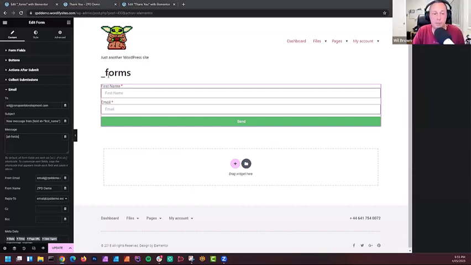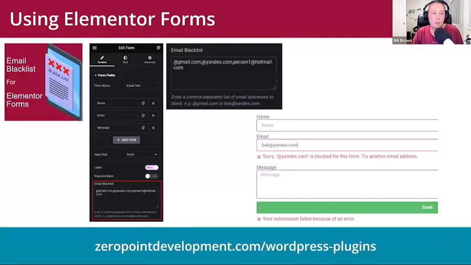Let's jump back to here. The last one is what I've done here: I released a little plugin. It's not in the plugin repository yet. The plugin team are struggling. They've got like 400 plugins that are still reviewing at the moment. But what this one does, and I'll drop it down in there, is it allows you to add a block list. Now, there's a lot of people complaining about Elementor forms. It doesn't have things like blocking or spam filters. And it's still a relatively new core